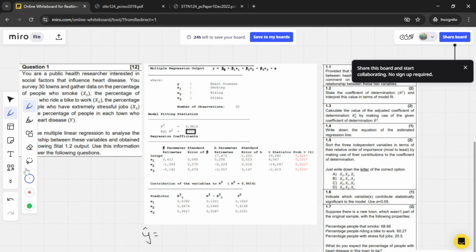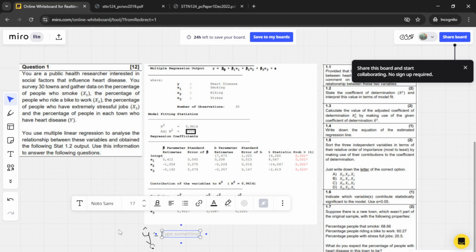So basically your least squares regression equation is going to be equal to 17.473, because what? 17.473 is the intercept. I just explained that b0 is the intercept. So you're going to put 17.473, which is over here. Then you put a space, and then you're going to say